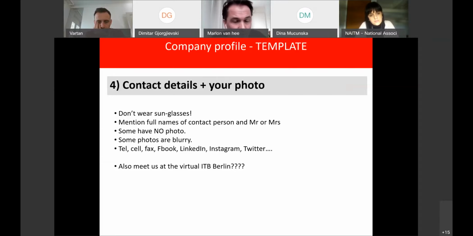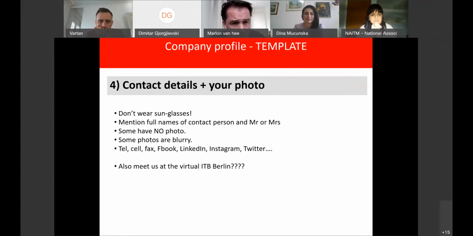I saw some pictures where people, I don't know what happened, but you didn't look very happy. So smile, a smile works very well. Some pictures, not only for the contact details, but also for the top selling products that you present, are blurry. The quality of the pictures is not good at all. So replace them. And as part of the contact details section, telephone, cell phone number, fax, Facebook, LinkedIn, whatever, you